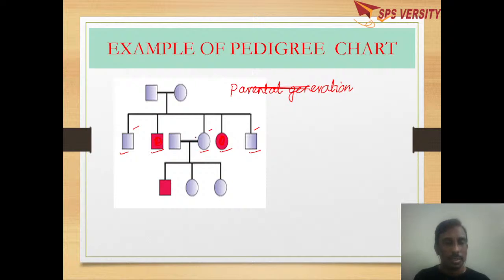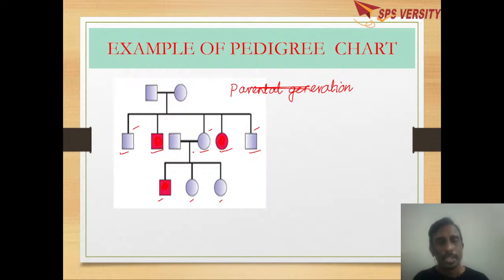So the first daughter, that is the third child, married, and she has 1 boy, 2 girls. In that, 1 is affected. So it is filled with this one. Like this, you can write the pedigree chart of any family until you know the history of the family,